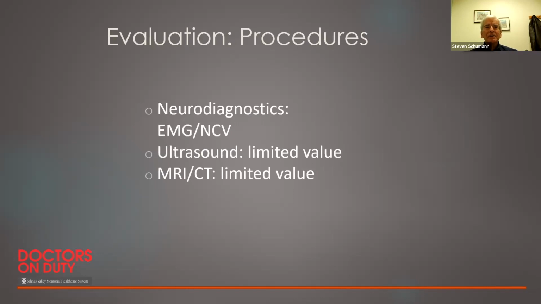And then neurodiagnostics, ultrasound and imaging to consider. Neurodiagnostics are going to be most valuable, in fact, diagnostic for carpal tunnel and ulnar neuropathy. The other value of that is when there's a possibility of a cervical neuropathy, radiculopathy, it will rule that out generally. Or if there's a peripheral neuropathy from some other condition, non-traumatic. And so it's worth getting EMG and nerve conduction velocity.